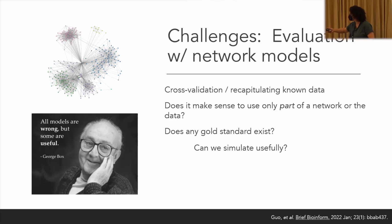And there are some good comments on this from a paper out of Russ Altman's group. But the upshot is that a lot of the time the standard way of validating a network in this field is to remove parts of it and try to reconstruct them. And that raises the question of how meaningful it is to actually use a partial network to do that sort of work. Do we really believe that's a good thing? And how else could we do this? Do we actually have gold standard data that we know would be right? If we don't,